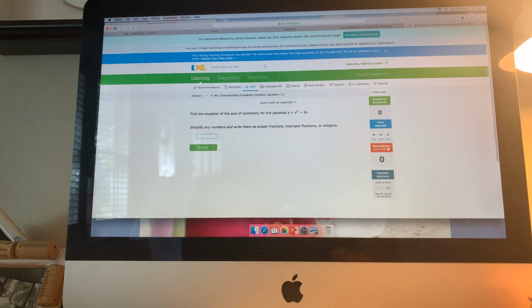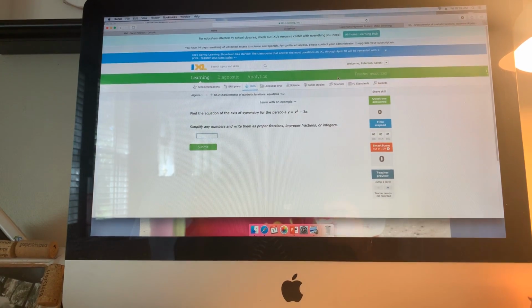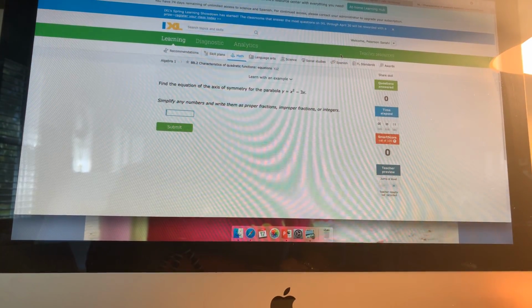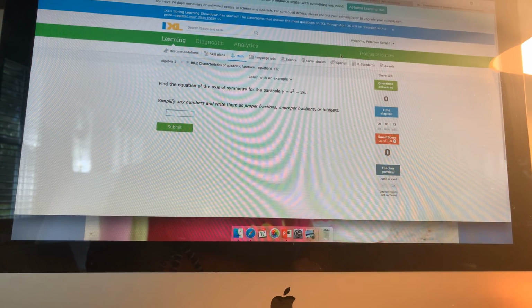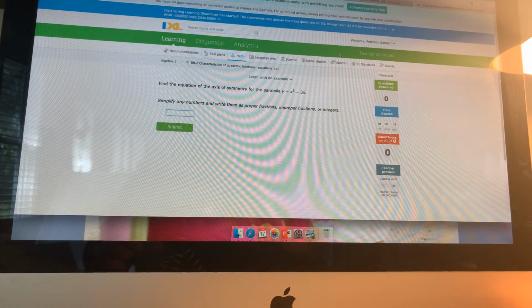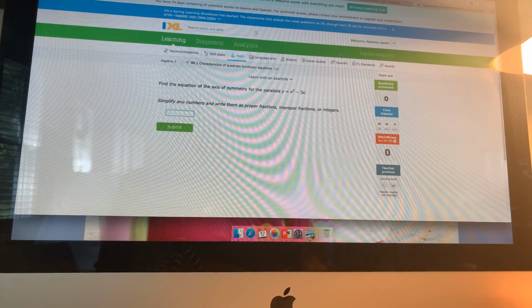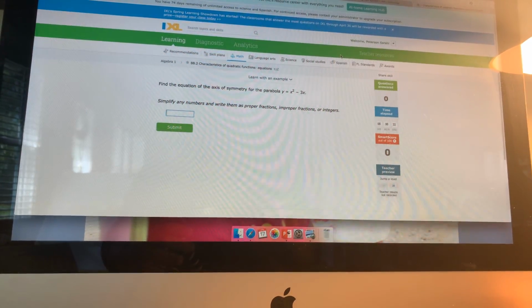All right, so axis of symmetry. That's what they're asking me for here. The formula for axis of symmetry is x equals negative b over 2a. So my equation that they gave me, all right, so